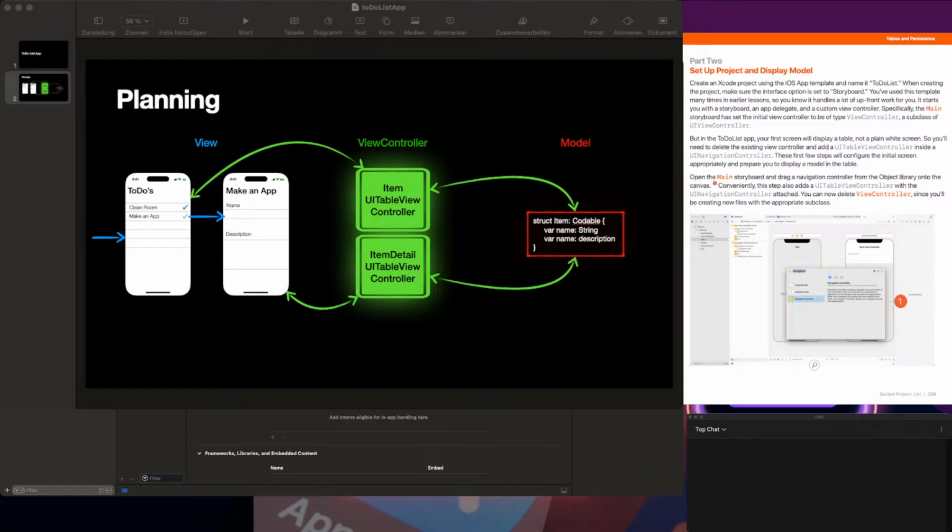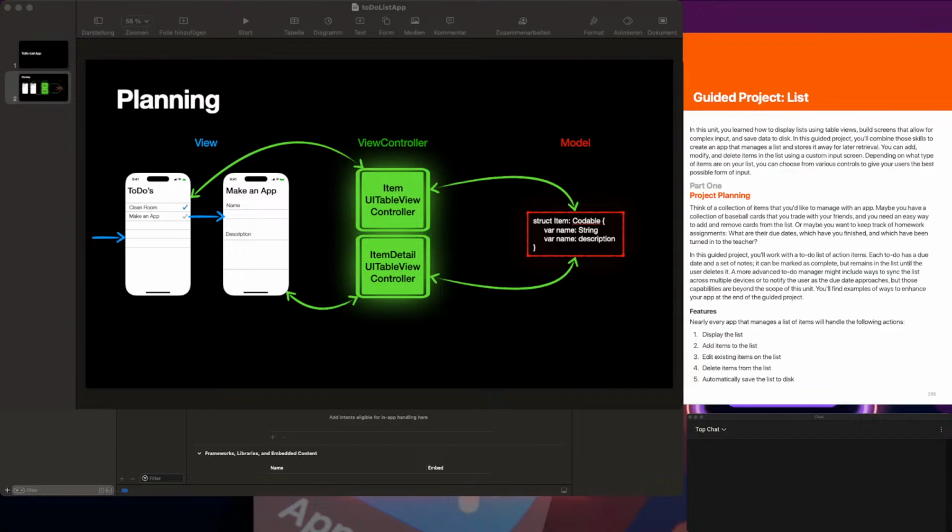So let's get it started now. What we're going to do in this first part of the live stream is we're going to start and plan our first app. What will this app be? Well, it's going to be a to-do list app, and we're going to follow the book Develop in Swift Data Collections by Apple Education. And for the first part, we will